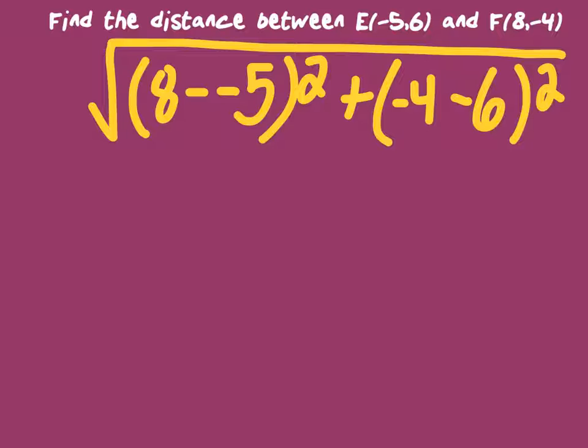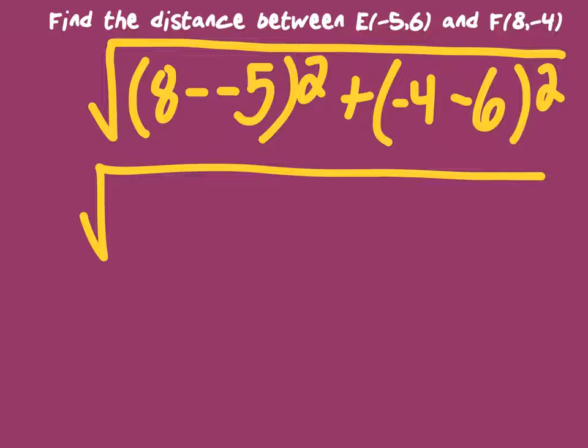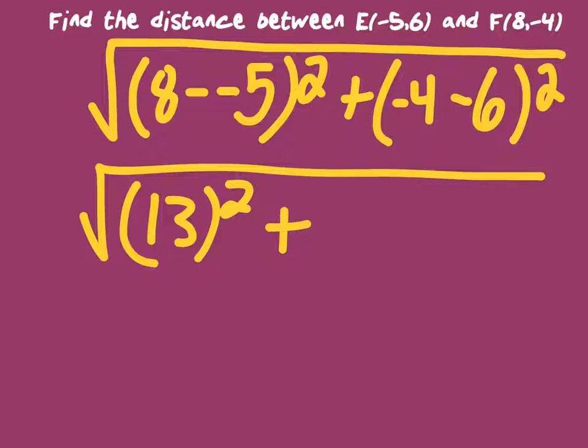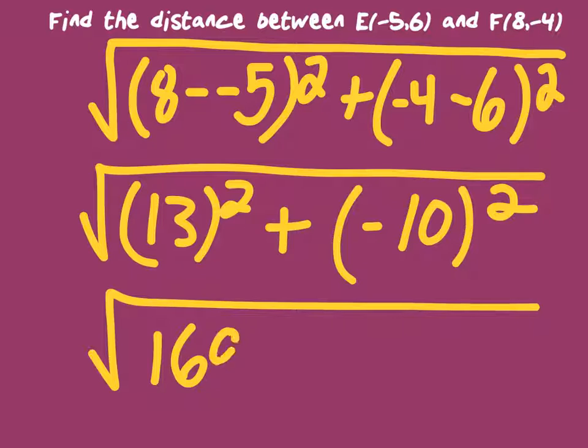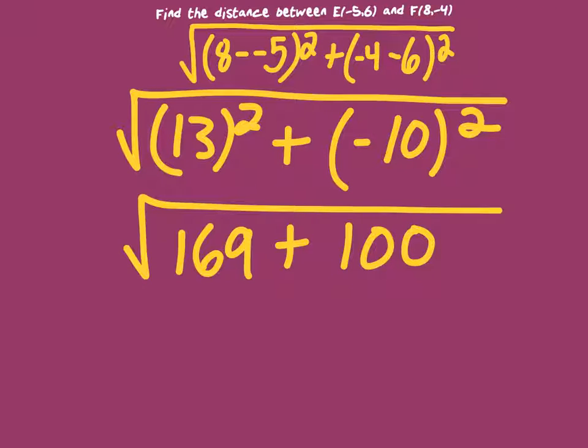8 minus a negative 5 gives you, don't forget your square root, a 13. Negative 4 minus 6 gives you a negative 10. 13 squared is 169. Negative 10 squared is 100. And lastly, we add these two together and we get the square root of